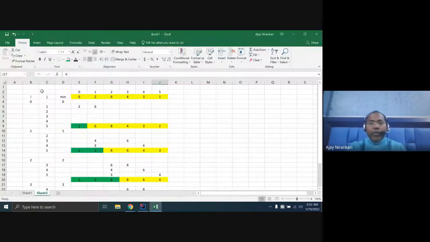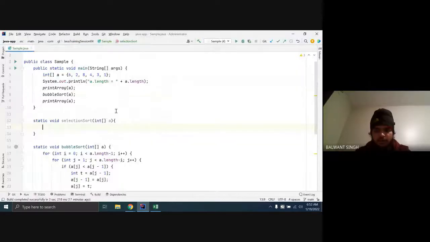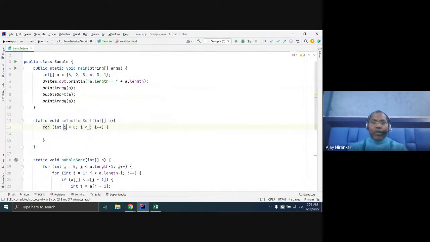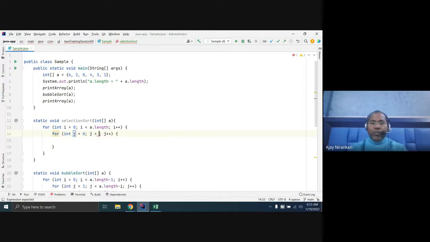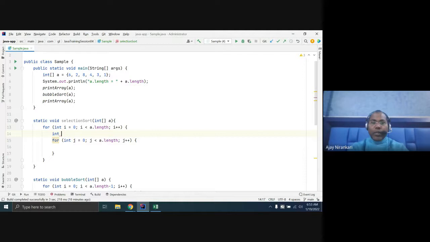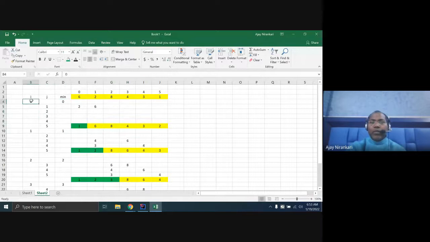We have a top loop, just the top loop. You are assuming this is the minimum element, right? And the inner loop starts at start plus 1, right? Yes. So we have a top loop i, which will run to a.length, and again another for loop for j, also up to a.length, and here you have to take one minIndex. Let's say minIndex starts from your i. Okay. Yes. Here the minimum index is whatever your first pass loop gives, right?